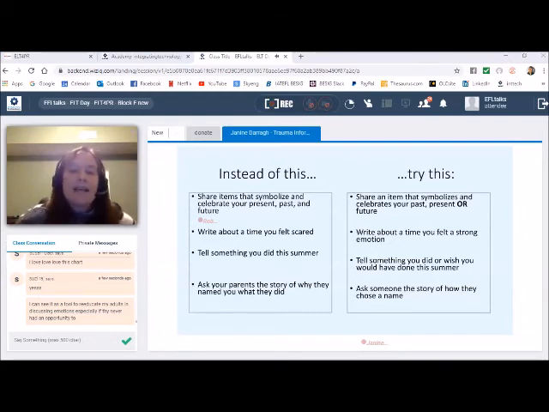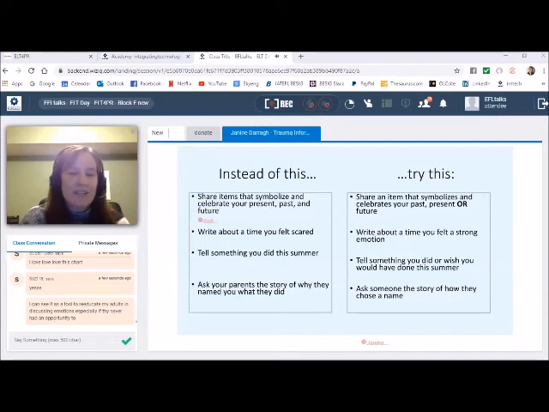So I could instead ask my students to bring an item that symbolizes or celebrates their past, their present, or their future. And in doing that, I'm not re-traumatizing by forcing them to think about maybe something that happened in the past. I'm giving them choice. So you can see some of these other